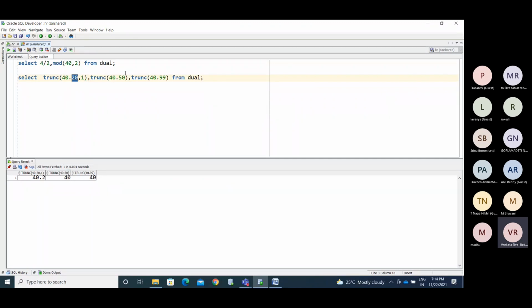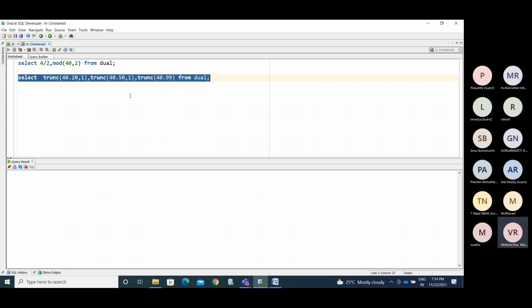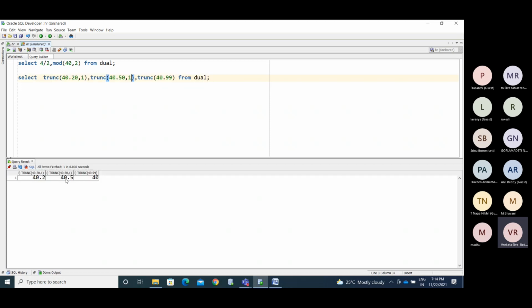Now we have 5 here. See what will happen here. 40.5. Here you will mention a 1. 40.9, right? Same, I am mentioning a 2.